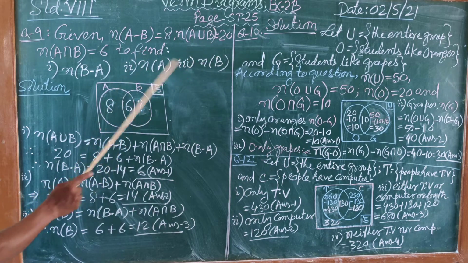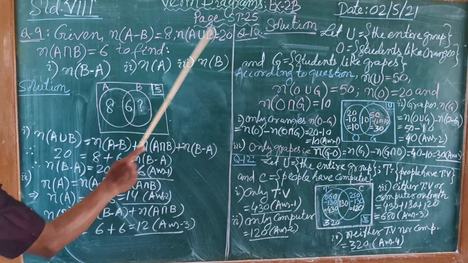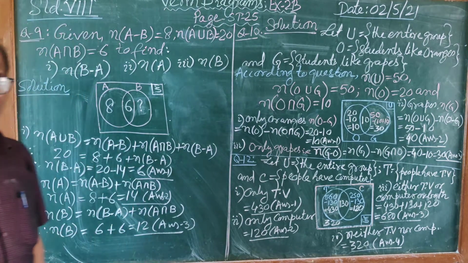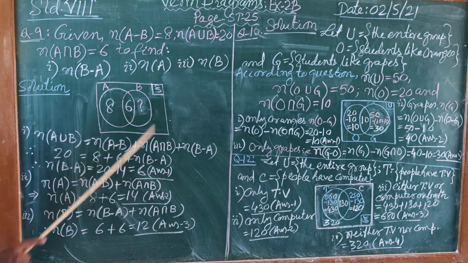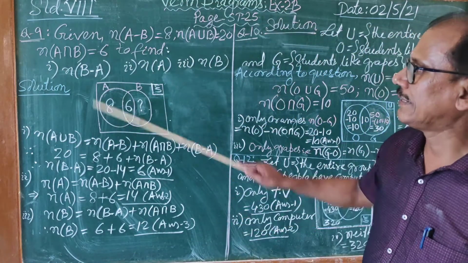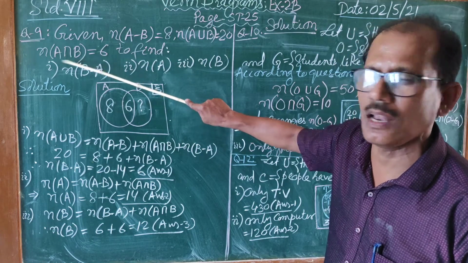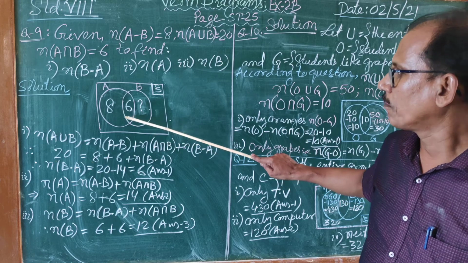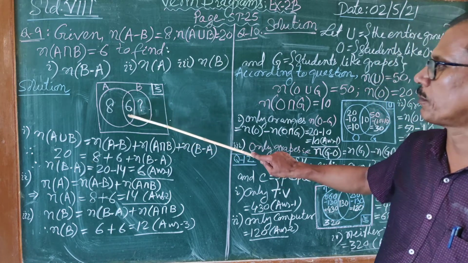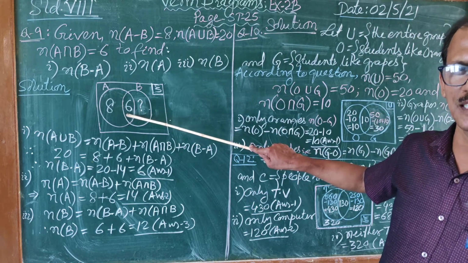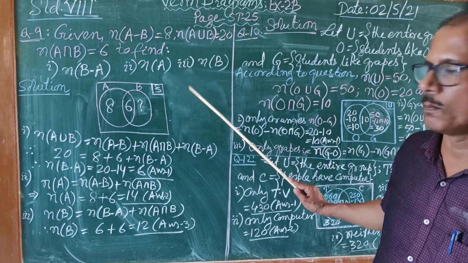Now see, given to you, the cardinal number of A union B is 20 and the cardinal number of A intersection B is 6. See, children, let us draw a Venn diagram. First, you draw a universal set. Under that, if an intersection part is there, either by the language or given by symbol, you must draw two overlapping sets. Could you understand? Then the intersection region you have to place first. If you place the intersection region in the figure, then the others will be very obvious.